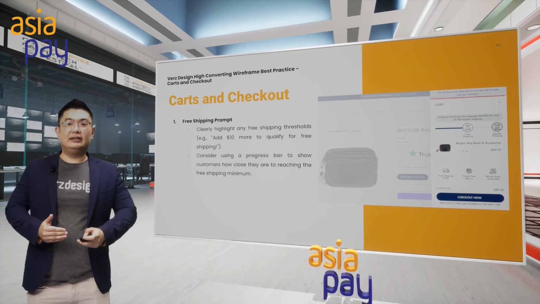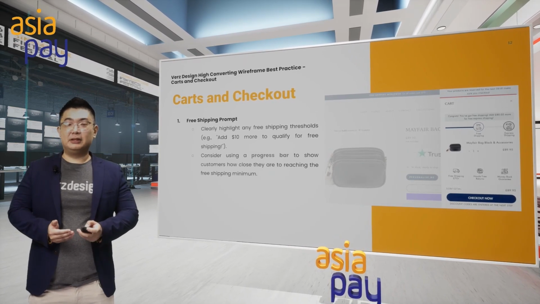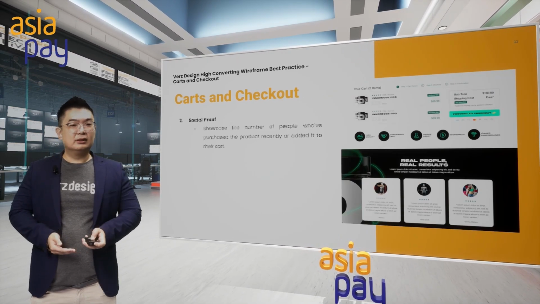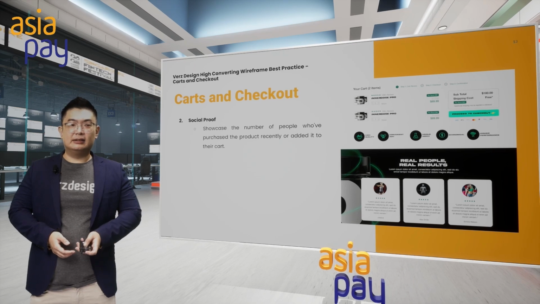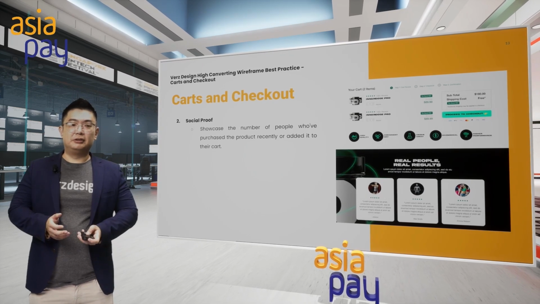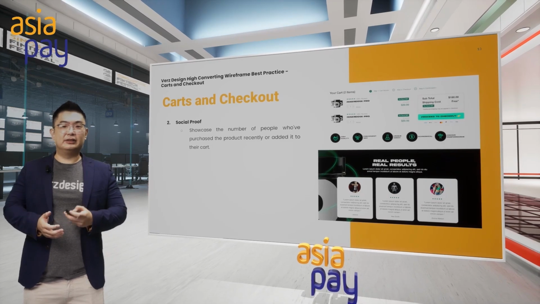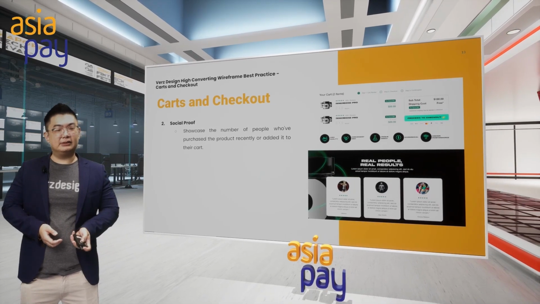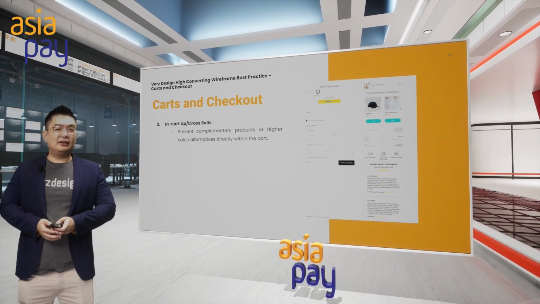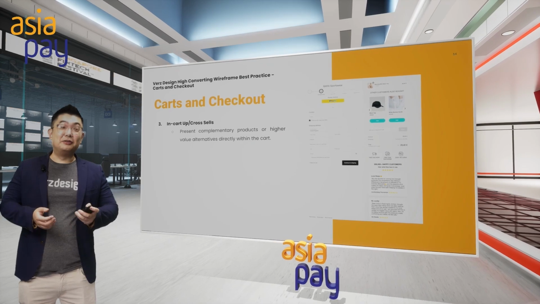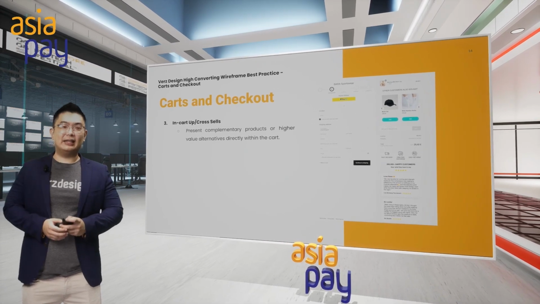So this clearly lets your customers know how much the shipping cost is going to be. The other thing that you can do is add what we call reviews, or UGC, which stands for user generated content, on the checkout page, to further build the trust that you have with the customers. Of course, what you also want to consider to increase your average order value is that you can actually add